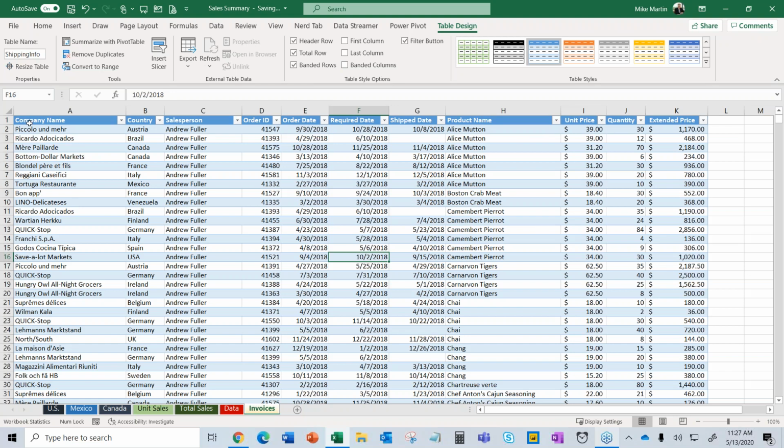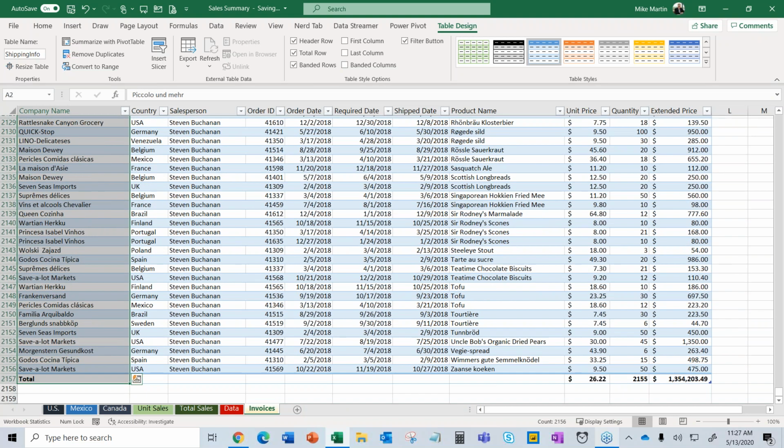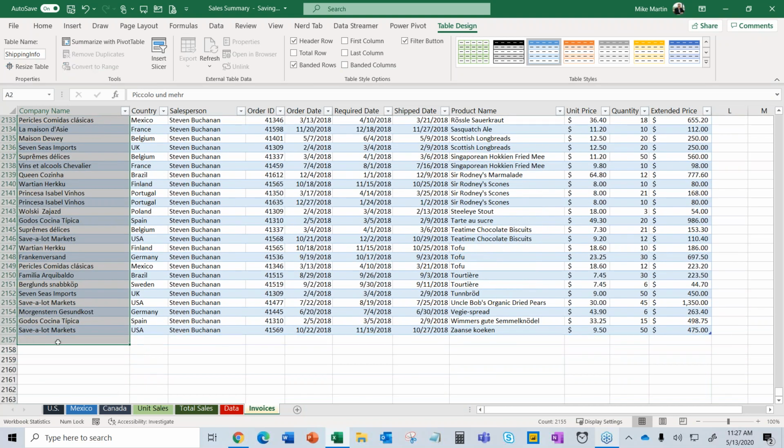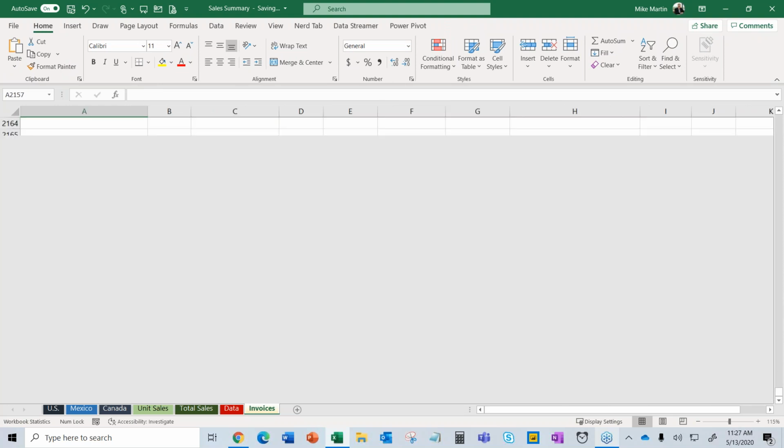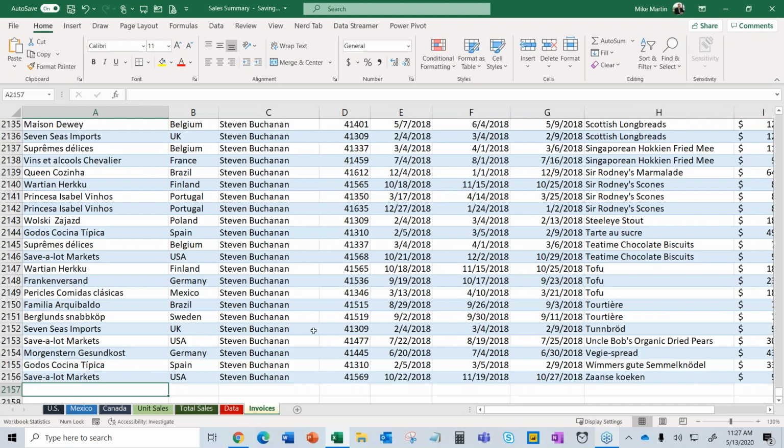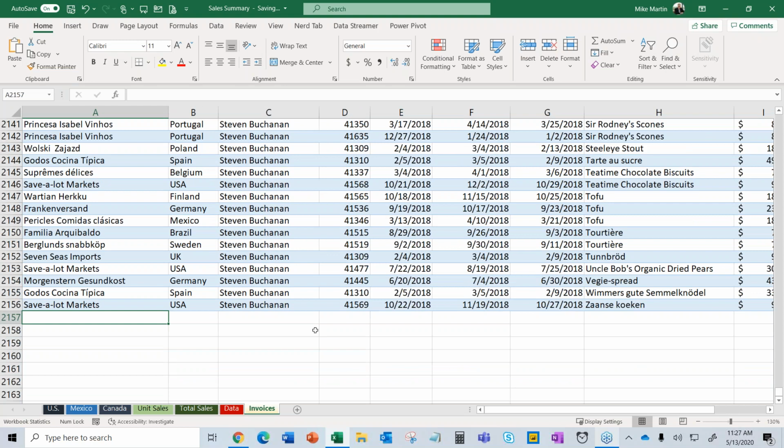And now here's the most important part of the table. I'm going to go down to the end. I turn my total row off. I'm going to zoom in because now this is important, everybody. Tables are dynamic,